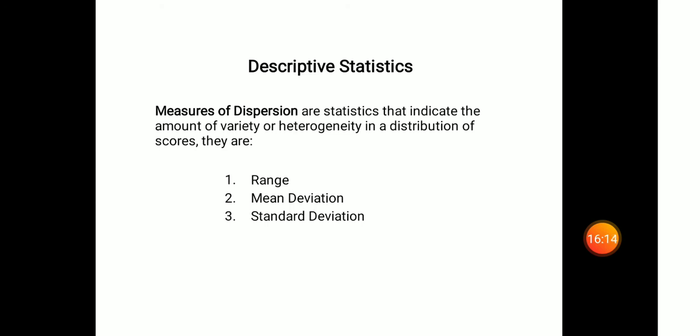The standard deviation is considered the best measure of dispersion because it always represents the data. There is one more measure which I didn't mention here, what we call the coefficient of variation, but you will do the problems when you come for your practical sessions. That is what we call the coefficient of variation. But standard deviation gives us the measure of dispersion, the variation in the data.